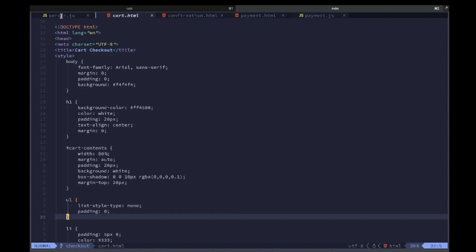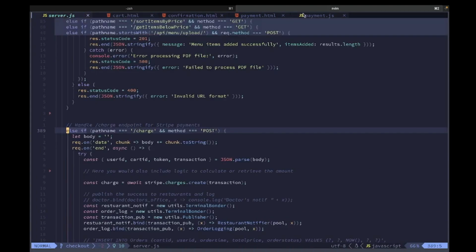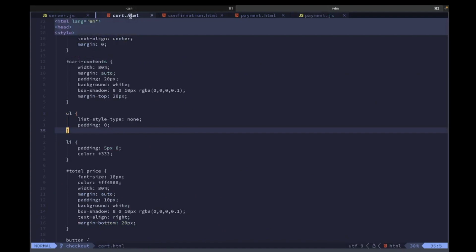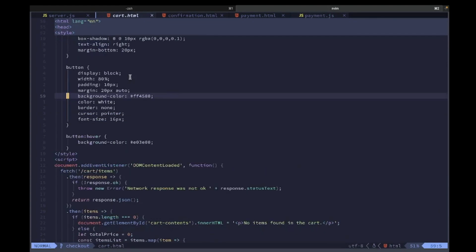So for a quick look at the code, we go to cart.html. There's actually a front end page that'll be loaded, and this page queries the back end for the cart items and total price. Now, when the user goes to check out, they'll be sent to a different page for payment,